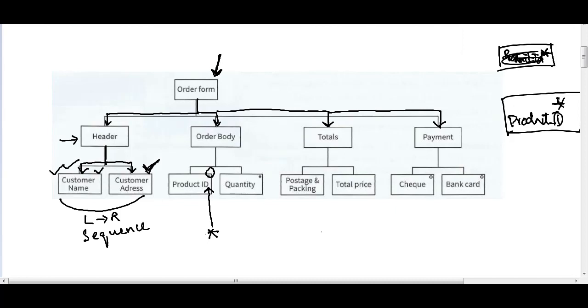We may need to note down the product ID multiple times, and if we are going to note down the product ID multiple times, that also means for each product ID, because we're going to need to note the quantity, therefore the quantity also needs to be noted down multiple times. This here is where he has indicated with an asterisk sign that the quantity data item may need to be input more than once in the order body. So we've explained the order body in detail, and this fact that we may need some repetition here,